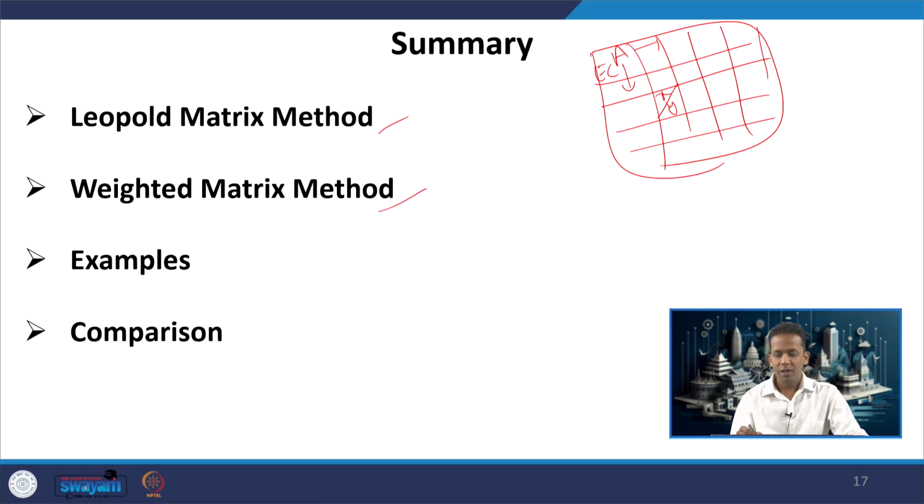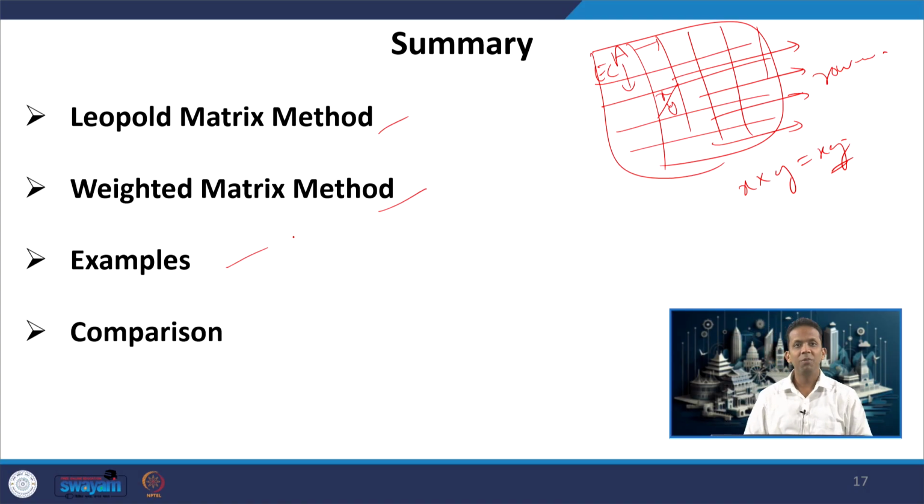In the weighted matrix, we just replace these x and y values by x into y, and the rest is the same. But in the Leopold matrix method, the summation of impact magnitudes and significance is always row wise. For weighted, it can be either row wise or column wise. Both row wise and column wise summations will have different interpretations, and then we looked at different examples for each of these matrix methods, and finally we saw the comparison table for the different types of EIA methods that we covered in this course, and how each one can be helpful with its own